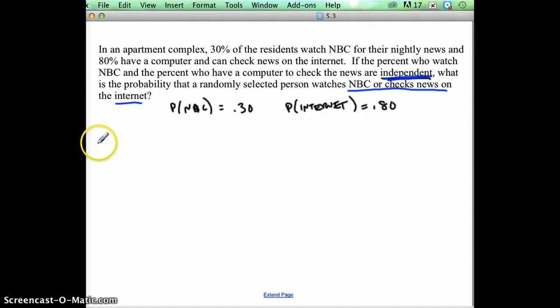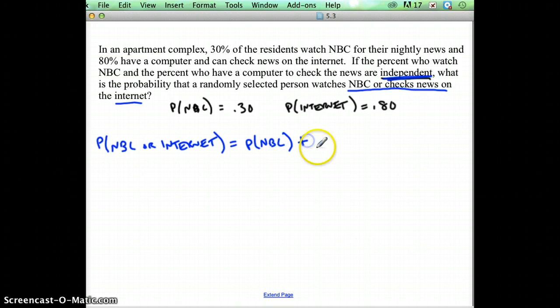Okay, so now go back. The probability of NBC or internet will equal the probability of NBC plus, because it's an OR problem, plus the probability of internet